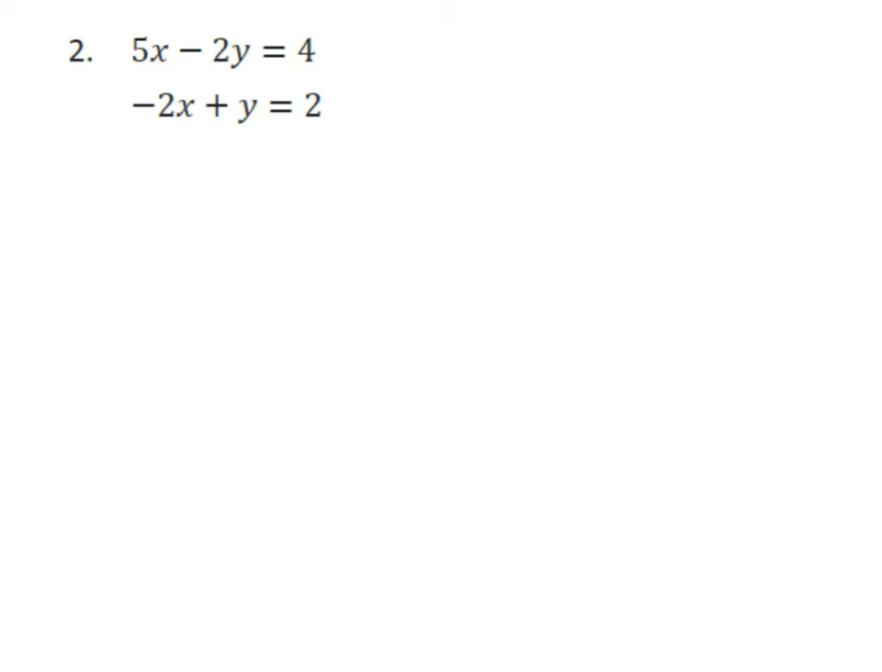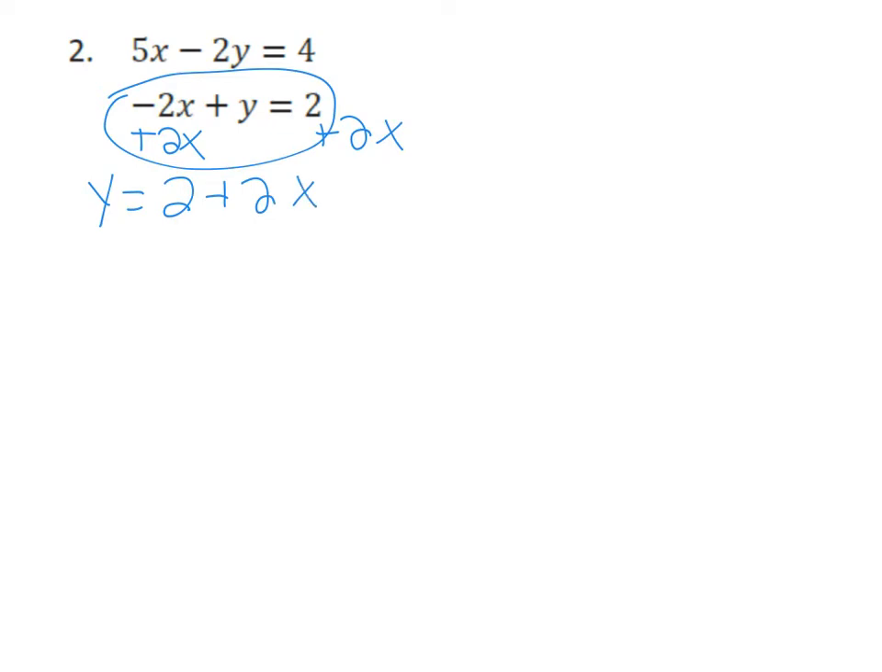Looking at question number 2 here, let's use the other method that you may remember from algebra. Notice that the bottom one here is going to be easy to use substitution for if we set it as y equals. So let's add the 2x over. Adding the 2x over, I get y is equal to 2 plus 2x. So now we can use substitution and have 5x minus 2, plugging that y in, we get 2 plus 2x here,